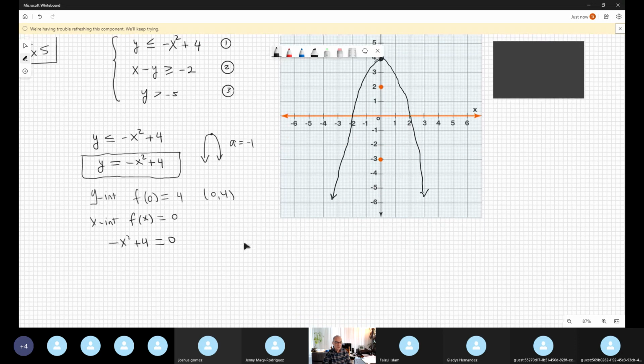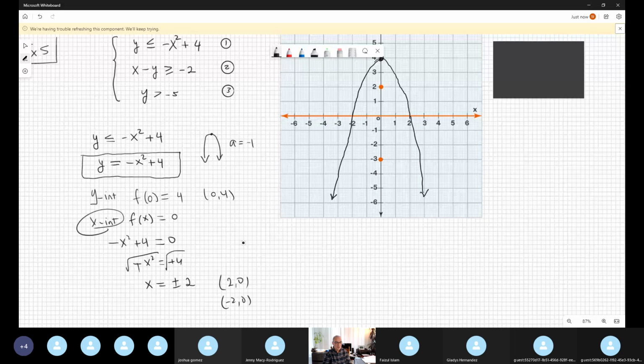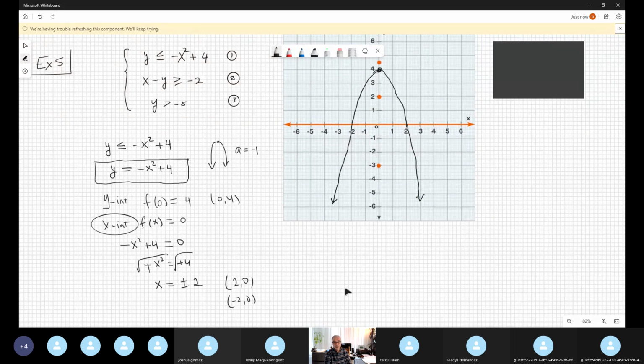And this quadratic equation, for sure, gives me minus x squared equals minus 4, divided by negative 1 becomes positive. Apply square root to both sides: plus or minus 2. Therefore, 2,0 and minus 2,0 are the x-intercepts, and the y-intercept. This is one possibility to understand, and using